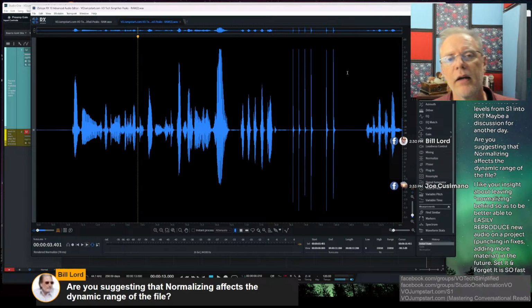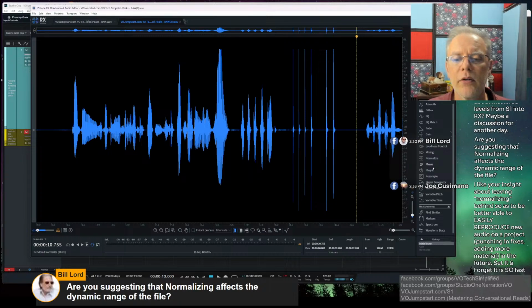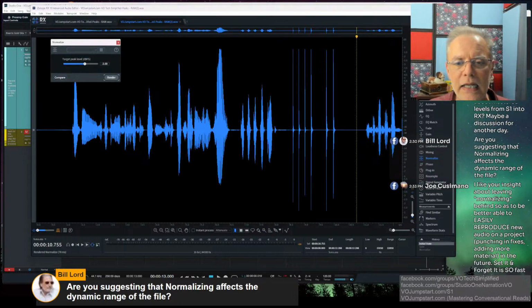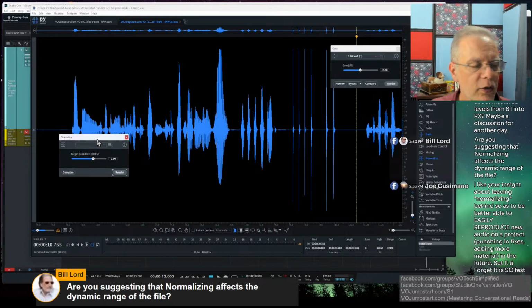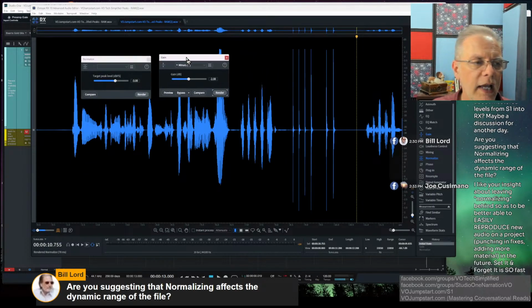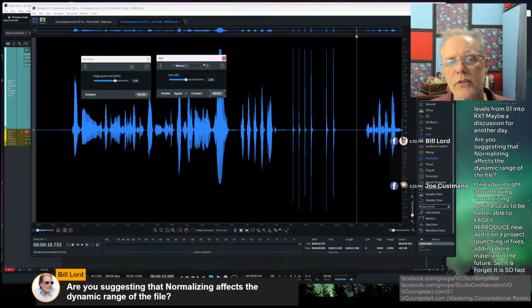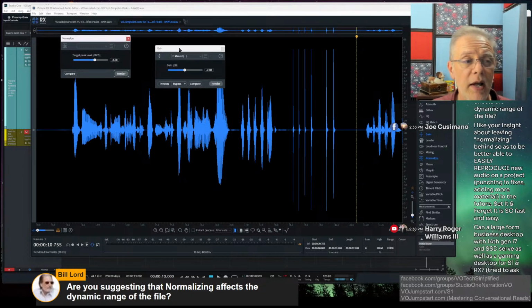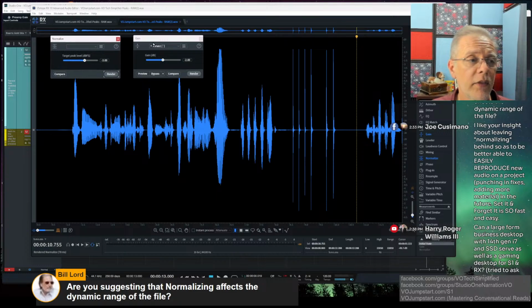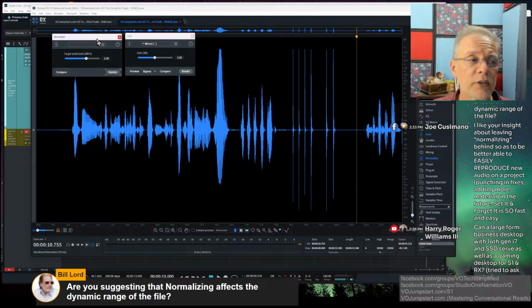So the one thing about normalize is this. Ultimately, at the end, normalize is the same thing as adding gain. It's how it calculates how much gain normalize is going to add, compared to regular gain, where we do the math and tell it how much. So it's identical in terms of what it's done. So if there's a dynamic range here, by the way, people think that if they use a good compressor, they're squashing their dynamic range. And if it's done right, that is not the case. You'll still have dynamics in your audio.